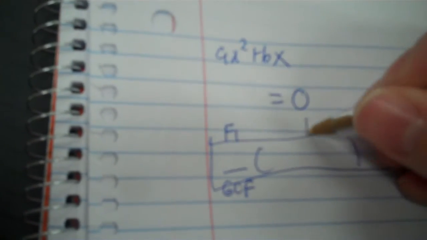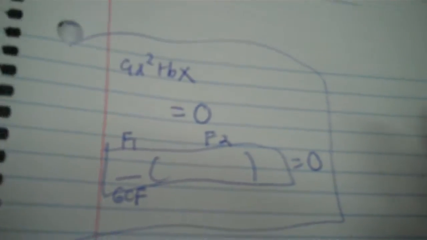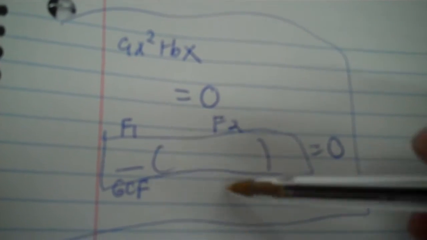Then F1, F2. That's how to solve those. Equals 0. Space parentheses, GCF parentheses equals 0. And you'll be ready to solve it. Now, if you have ax to the second plus c, and there's no b,